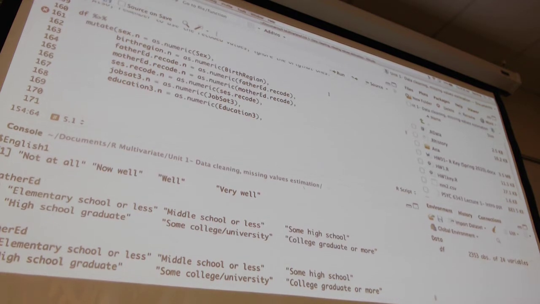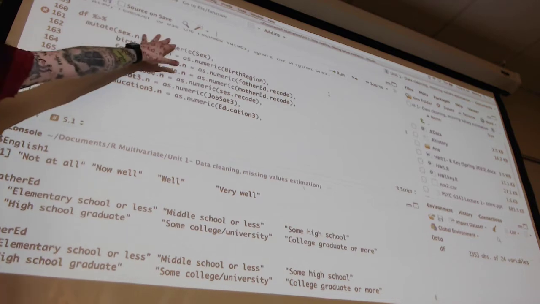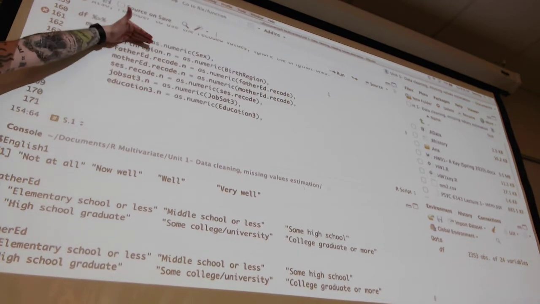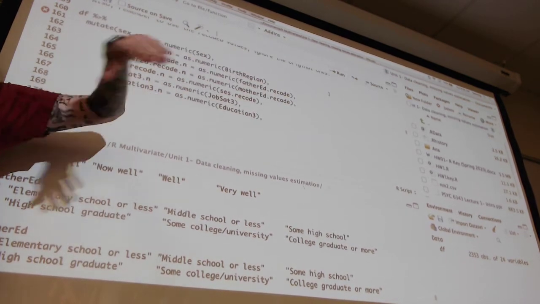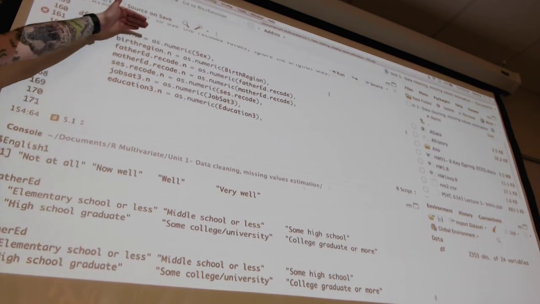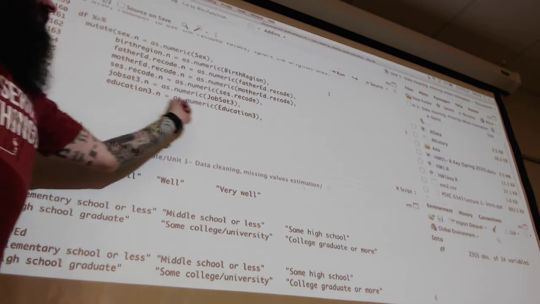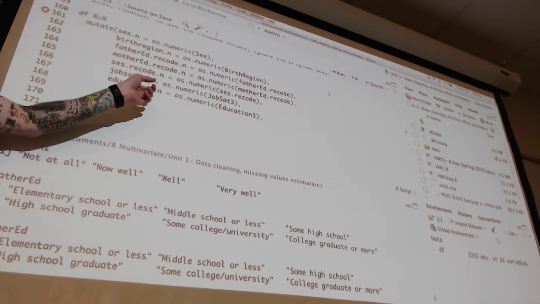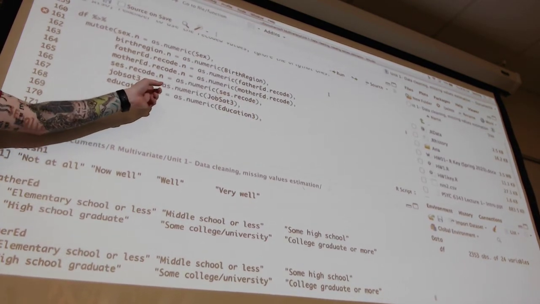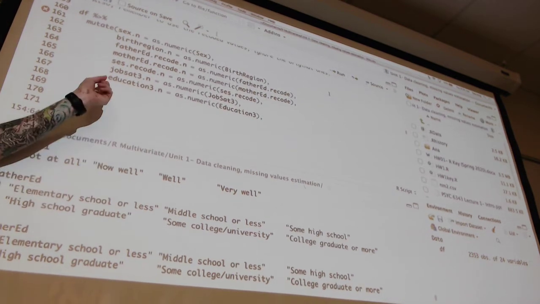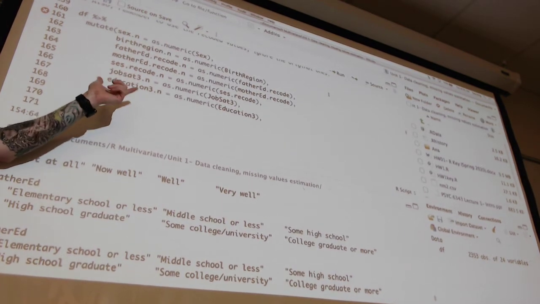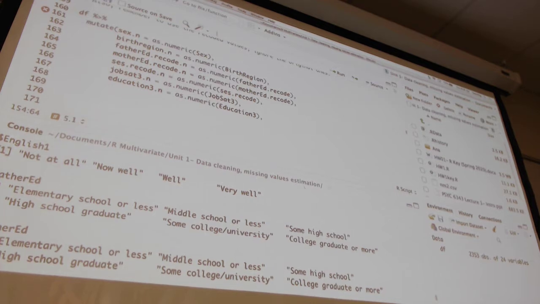But if we're not looking at that variable, then that's how many people we don't want to exclude. So instead, one of the really great things about the tidyverse is the way that when you have these mutates and when you're creating tibbles, it will work within itself. What I mean is, with this line right here, we create education3.n. And then on the next line, we can do something with education3.n. So for instance, for example,